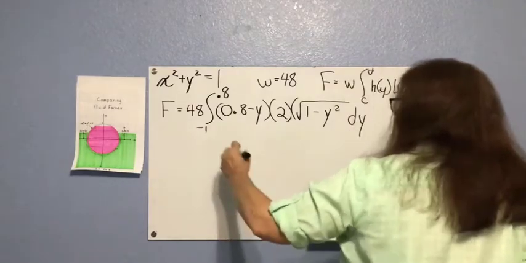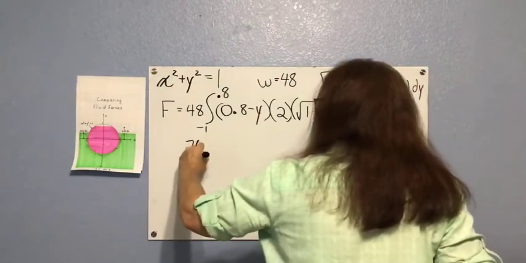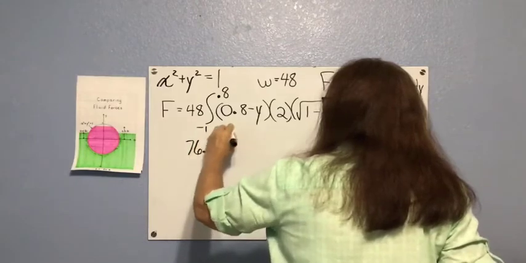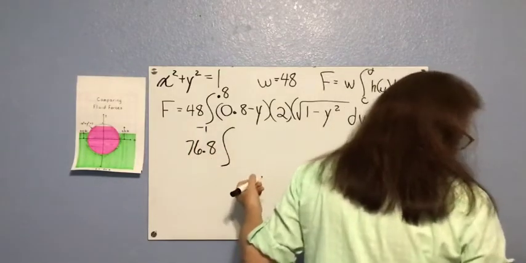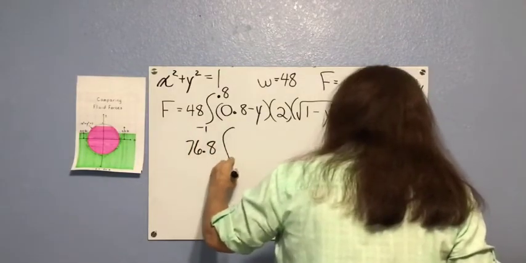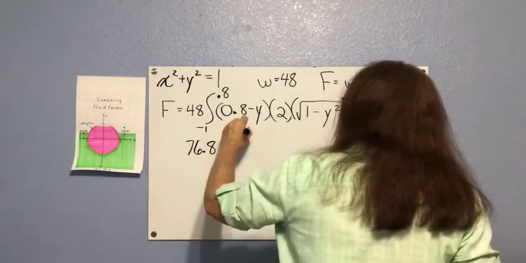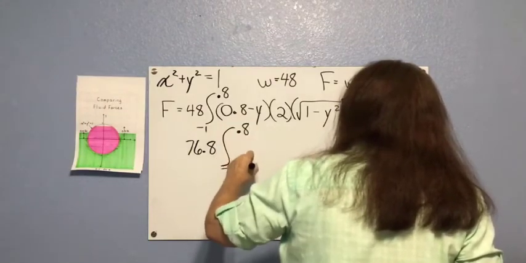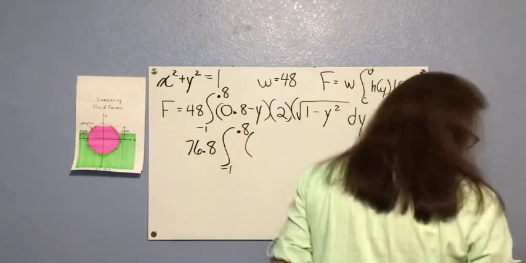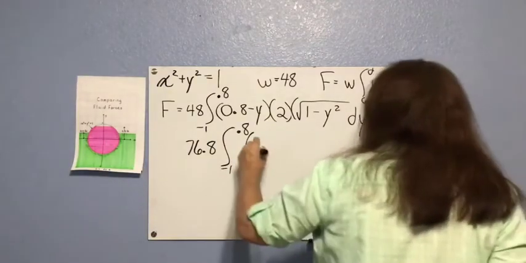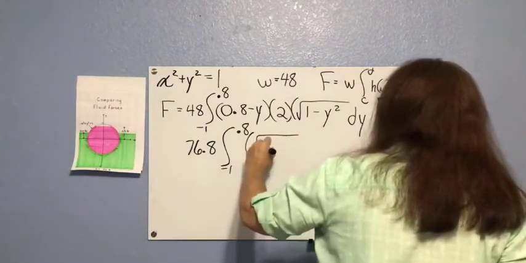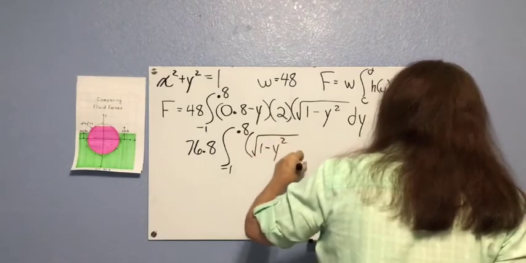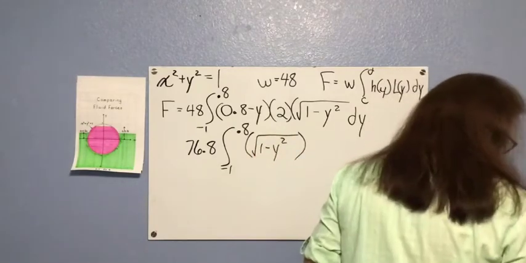And when we work this out, we get 76.8 times the integral from -1 to positive 0.8 of the square root of 1 minus y squared dy